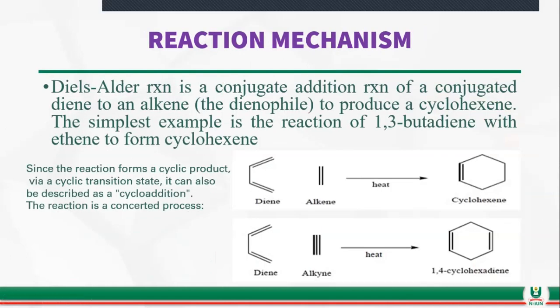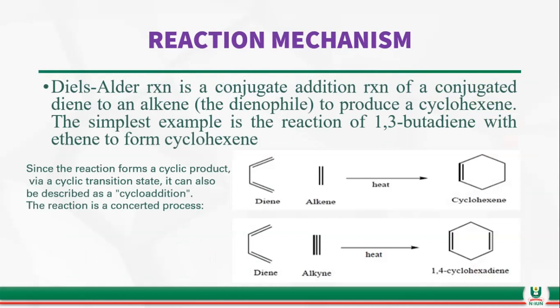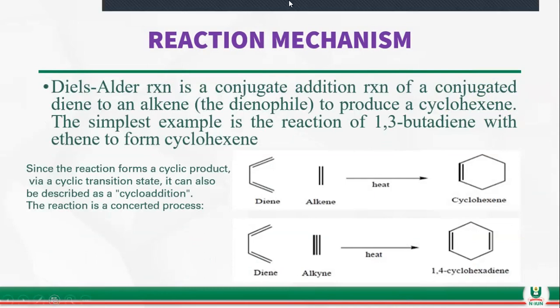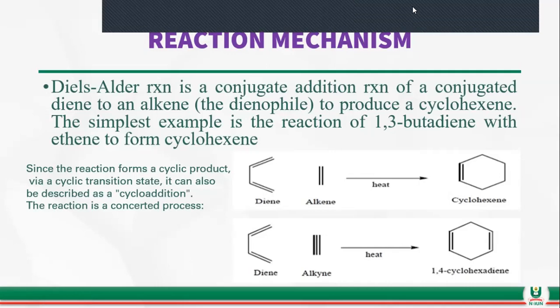So, the reaction mechanism. This reaction is a conjugate addition reaction of a conjugated diene to an alkene, which is the dienophile, to produce a cyclohexene. The simplest example is a reaction of 1,3-butadiene with ethene to form cyclohexene. And when we are looking at the procedure of this reaction,